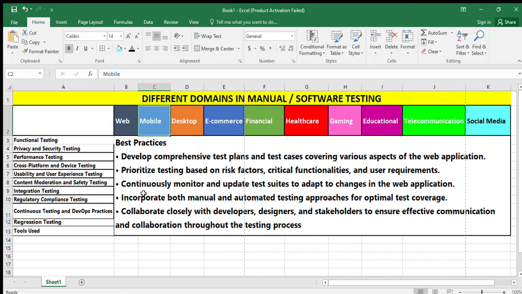In network connectivity testing, you are going to test on different networks, evaluating the mobile application's behavior under various network conditions like 3G, 4G, Wi-Fi. So it includes latency, bandwidth, and reliability. And in offline functionality testing, you are going to verify the application's functionality in offline mode, including data synchronization and caching mechanism. Then in security testing, you are going to check the data encryption,